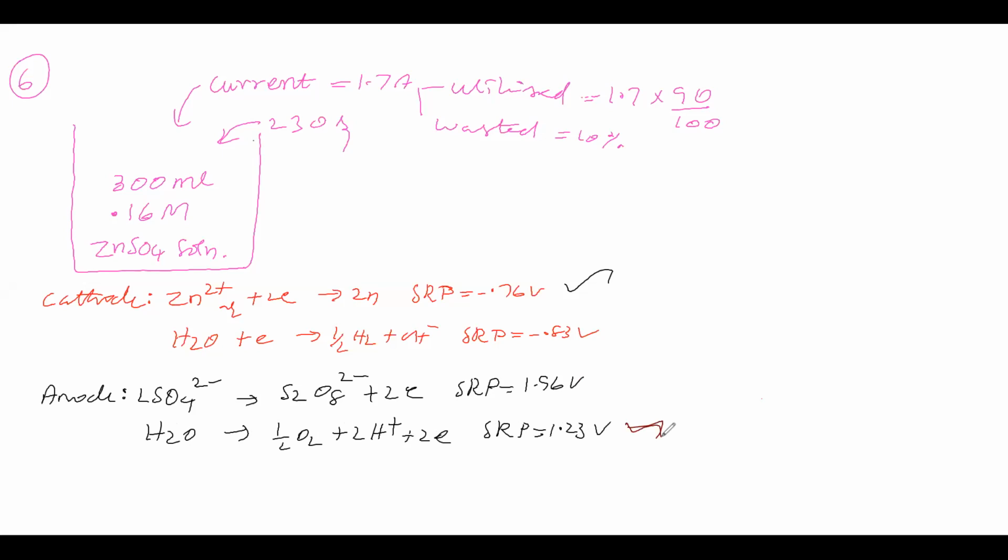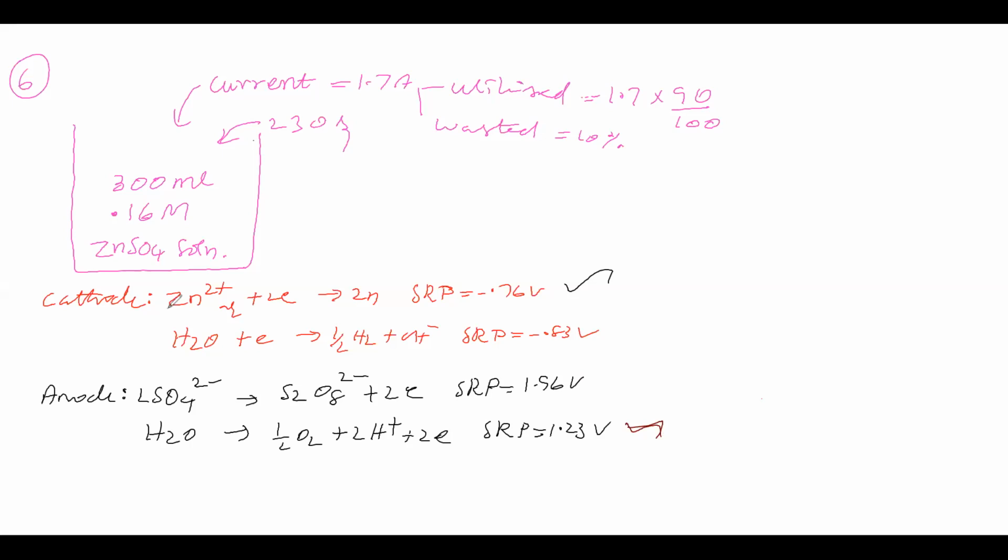Now they said one assumption: the volume of solution remains constant during electrolysis. It is an assumption. This is the assumption we have to take, they said. Why do they say this? Why should we consider the assumption that the volume of solution remains constant? Whether the volume of solution remains constant or varies, and how that is practically possible, we'll see.